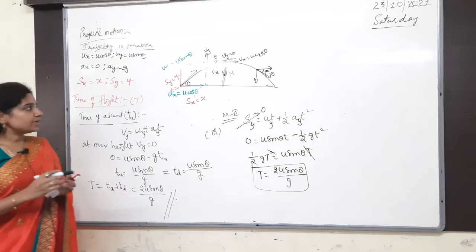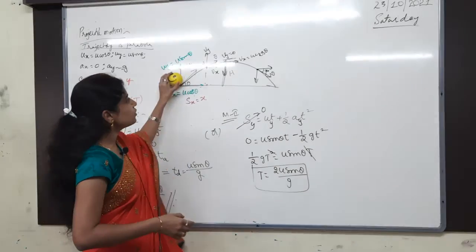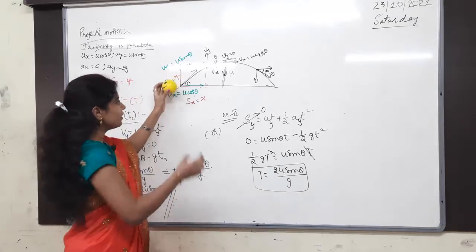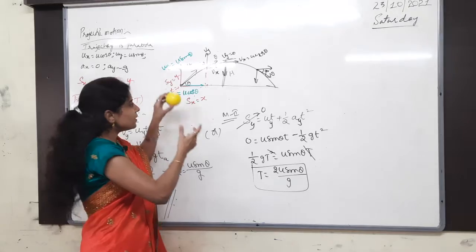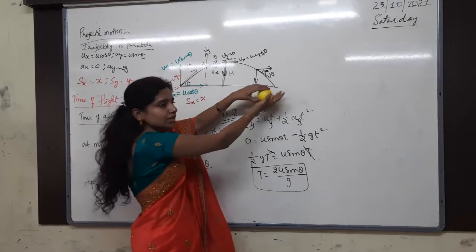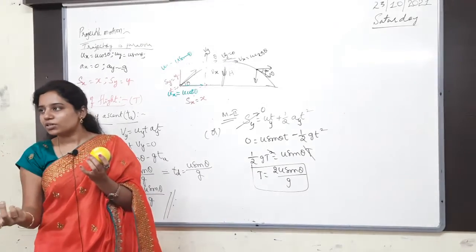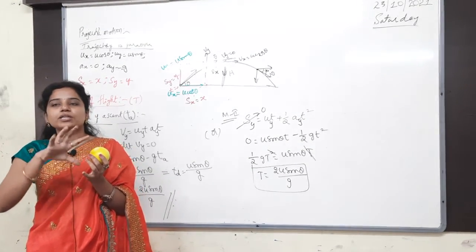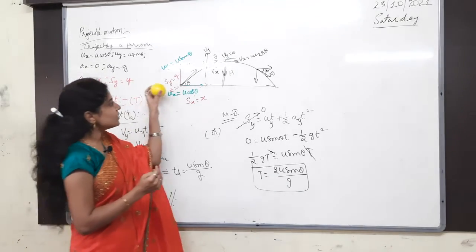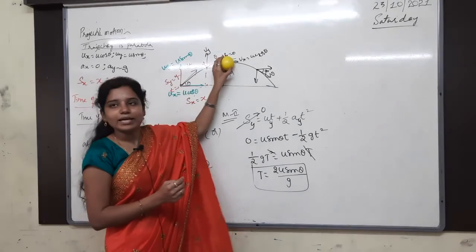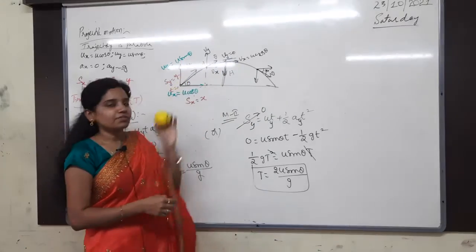Listen again. Whenever I want to discuss the time of ascent, nothing but while going from the ground to maximum height. See, whenever I am throwing like this, then what happens? It is going and then coming here. How much time is taken to go from here to here? That time we call total time of flight. Time taken to reach the ground again, or time taken to remain in the air, both answers are correct. So first of all, what is the time taken to reach maximum height? Time of ascent. From here to ground is time of descent. Time of ascent we will find first.